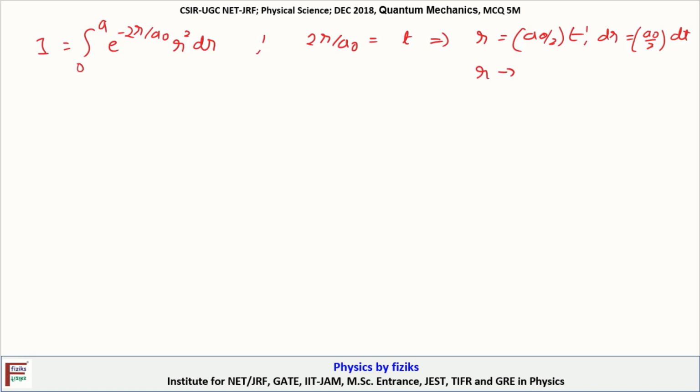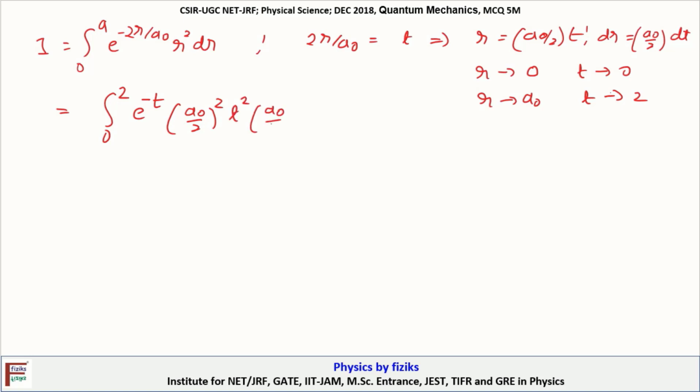Further, as r tends to 0, t tends to 0. As r tends to a, t tends to 2. So our integration reduces to the integral from 0 to 2 of e to the power minus t times (a0 by 2) squared t squared times a0 by 2 dt. That means (a0 by 2) cube times the integral from 0 to 2 of e to the power minus t times t squared dt,